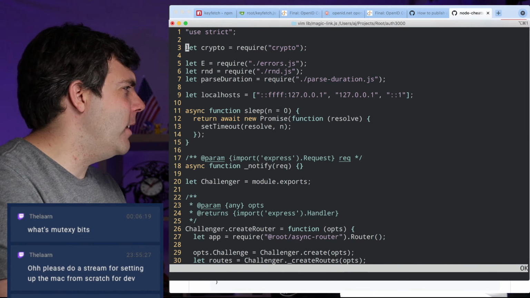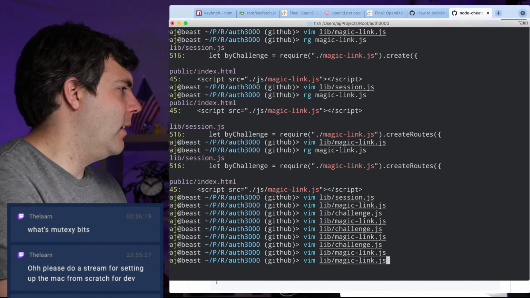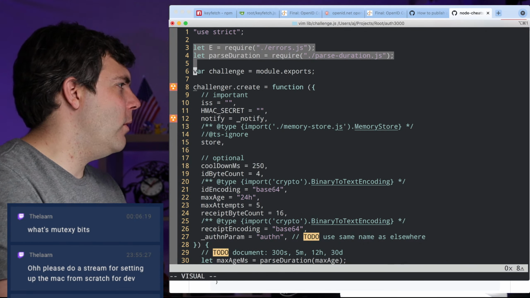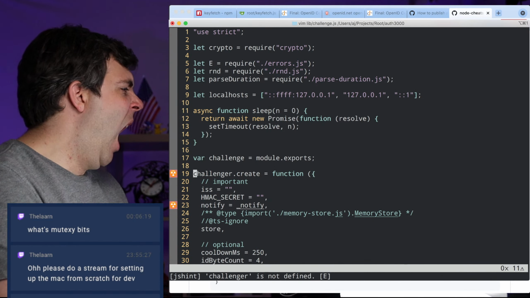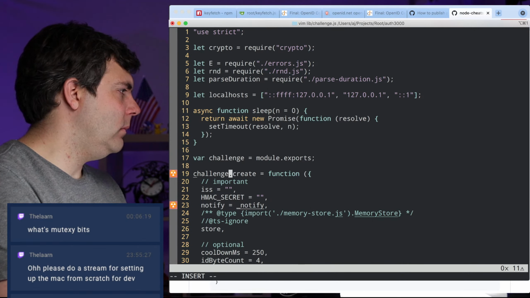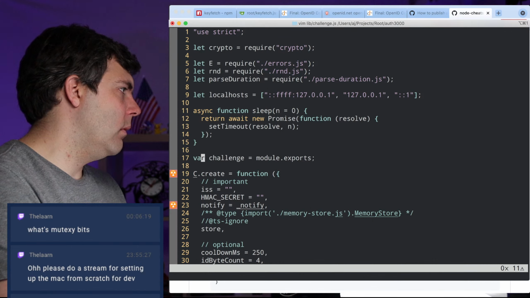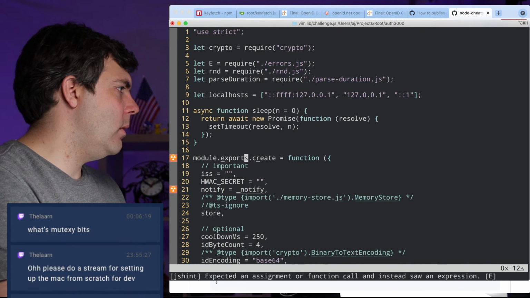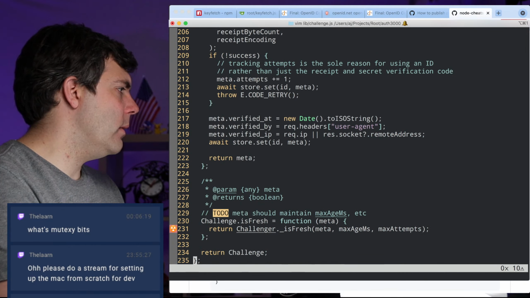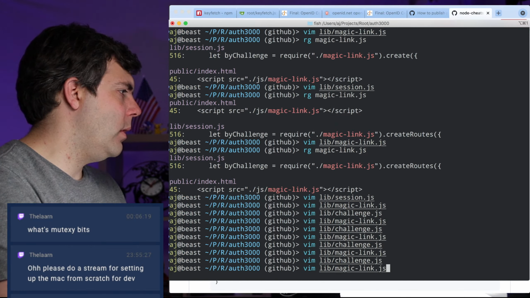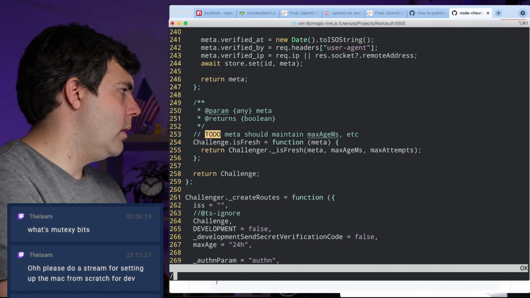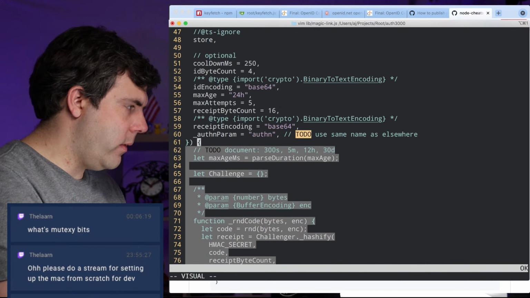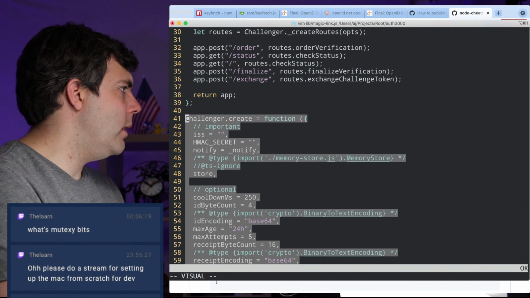I guess I should just copy all of these things. Because I'm going over and I'm like, oh yeah, I need this one. Oh, I need this one. Yeah, I think I just need all of them. Maybe I should just do module.exports create here because I don't know what else to call this and I don't know why I would call it anything else. And let's see here, is fresh. Do I need this for anything else? Oh, and I copied all that over, so I am safe to delete this whole entire thing now.